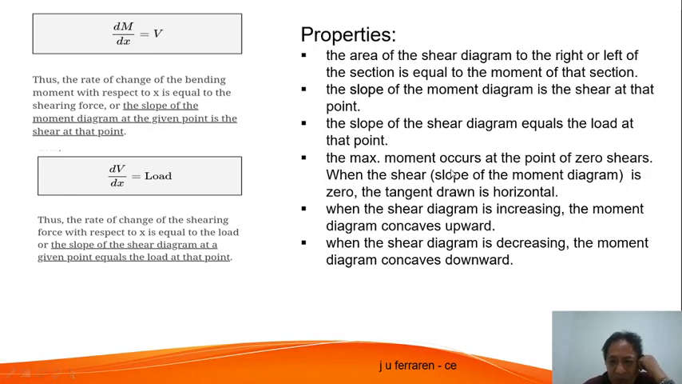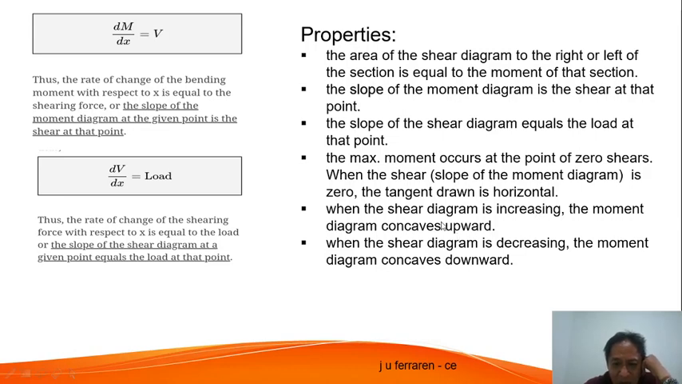The maximum moment occurs at the point where shear is 0. When the shear, or the slope of the moment diagram, is 0, the tangent drawn to that is horizontal. There will be a figure later that we will show relating to this. When the shear diagram is increasing, meaning the value of your shear is increasing,